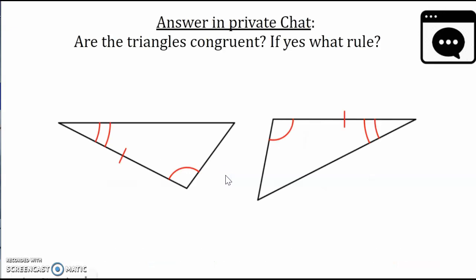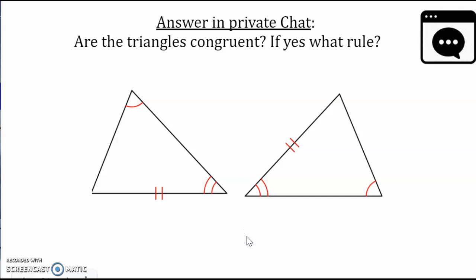What about this? Are these 2 triangles congruent? Yes, we have angle here and a side here and another angle here. So it is congruent by ASA. What about this? Okay, we have angle here and another angle here and the side that is not included side that are congruent. So in this case, we have angle, angle, side. Okay, you don't say angle, side, angle. You jump